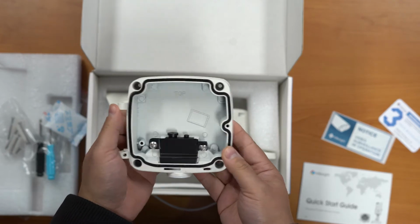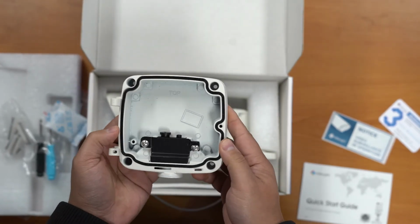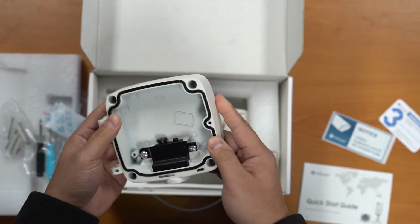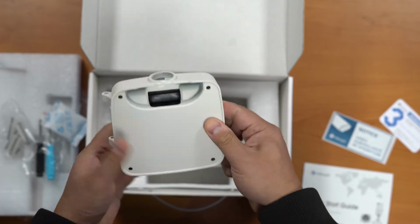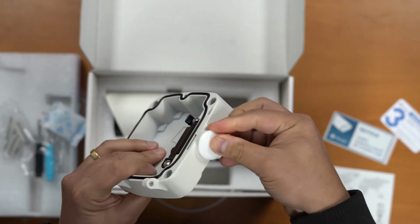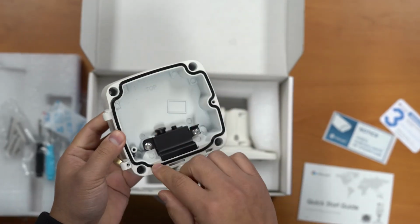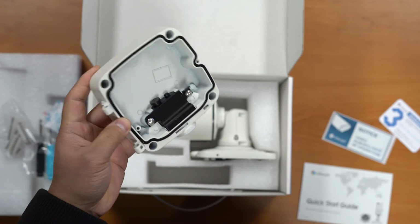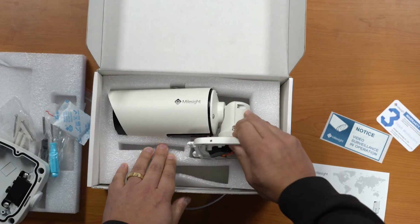That's your bracket. So cool thing, like all Milesight cameras, is you can mount this bracket up first onto the wall without getting any damage to the camera. So we can feed our cables in through here, through a cable gland. Pushes in through this point here. And then you've got your O-ring seal there, and that's where your camera will attach, which I'll show you a bit later. So if we move on to the camera,